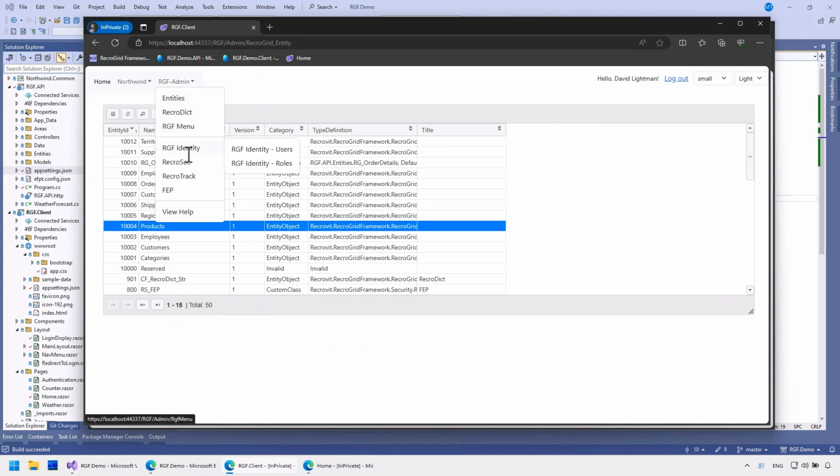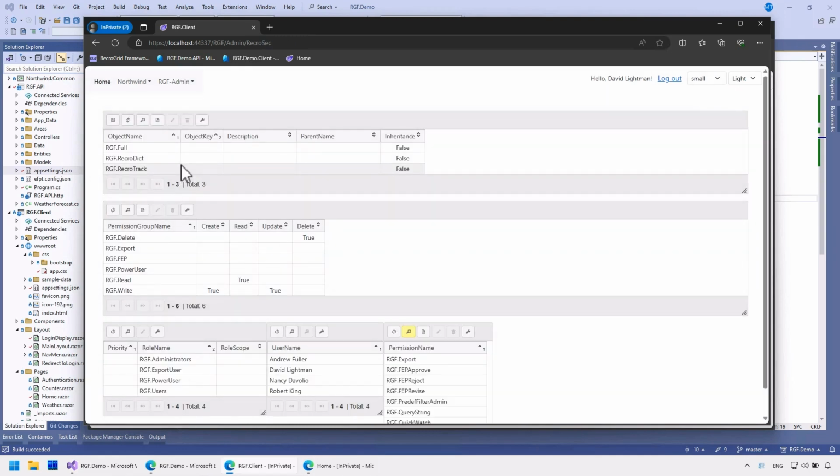Permissions can be set in the Recrosic administration interface. I am currently logged in with David in this browser because he is the administrator. The top table shows logical objects that control access to different objects or entities. In the middle are the permissions themselves, and at the bottom are the roles, users, and special permissions. I will come back to their structure and relationship later, but first, let's do a simple example where Robert can